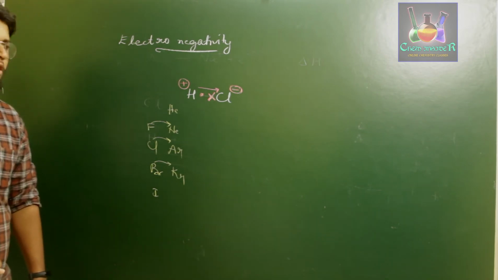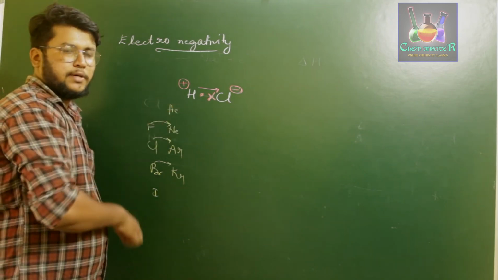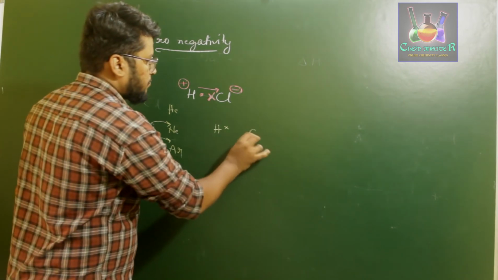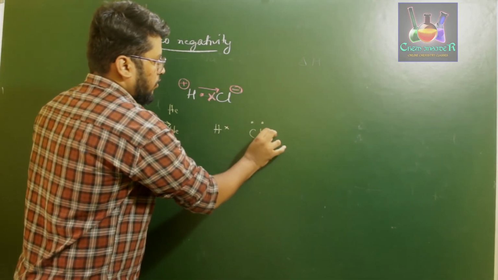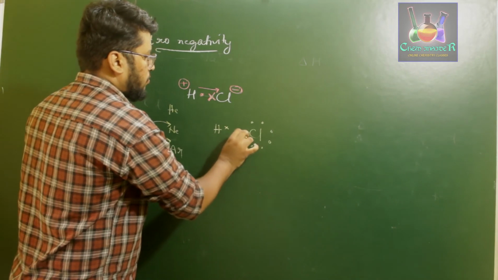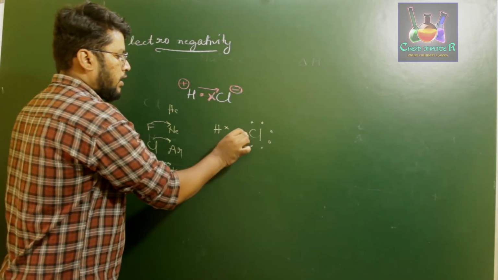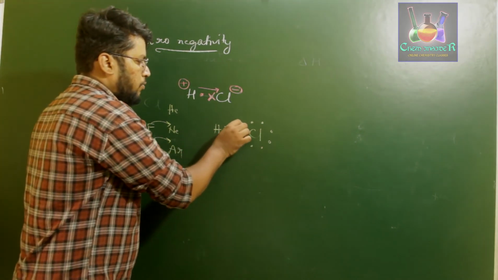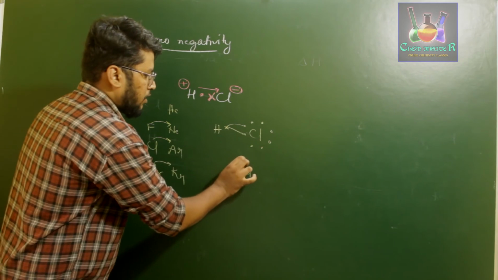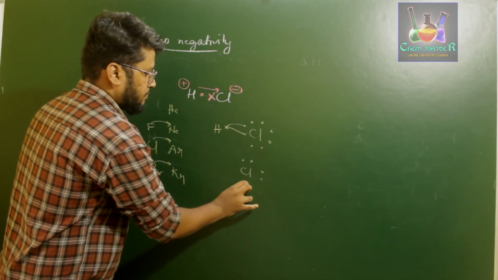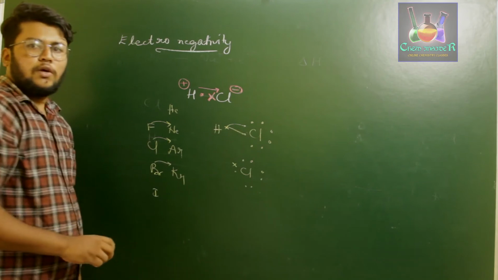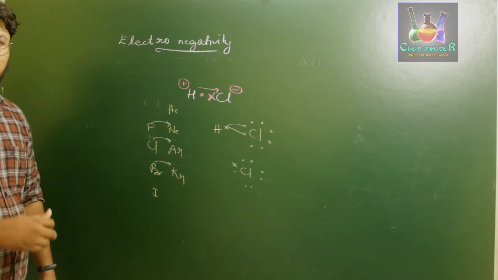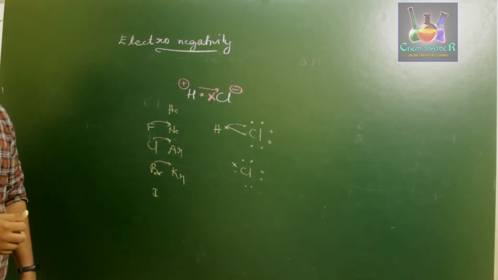Now if you consider this hydrogen and chlorine atom itself, hydrogen has 1 electron in its outermost orbital, chlorine has 7, right? Chlorine has 7 electrons in its outermost orbital. So what chlorine does, when it is sharing a bond with hydrogen, is pull that electron towards itself in order to form an 8 electron system, like this. This results in a stable octet configuration. Octet means 8 electron configuration.